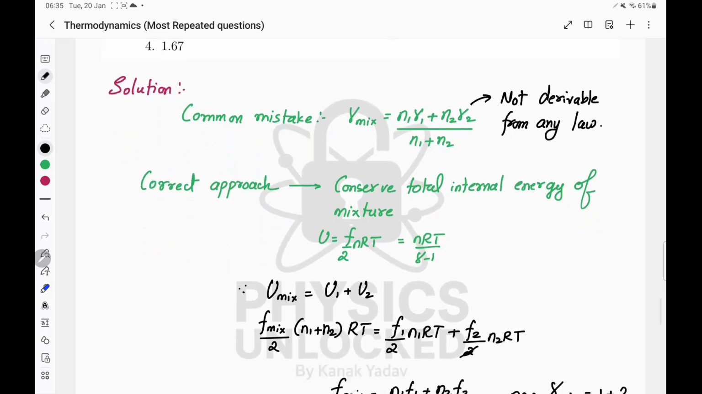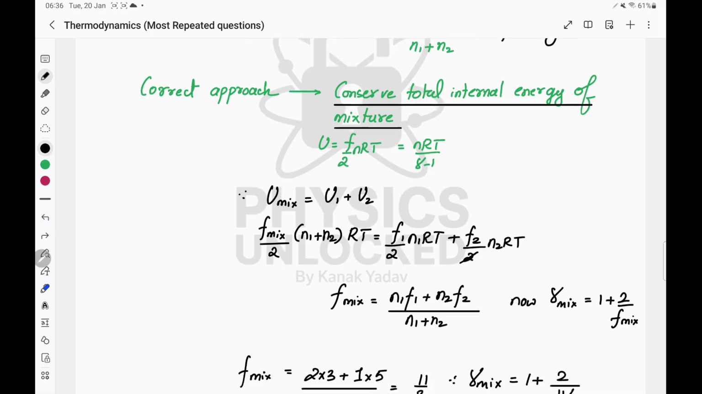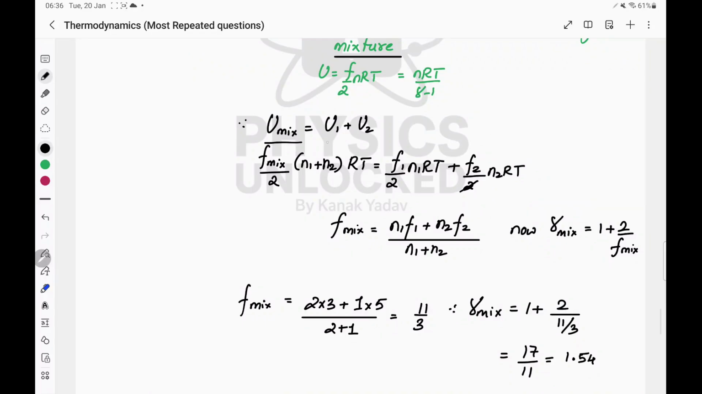The correct approach would be to conserve total energy. So when you conserve total energy, we know the total internal energy of a gas is F by 2 nRT, where F by 2 can also be written as 1 by gamma minus 1. So here I am doing it in terms of degrees of freedom. You can also do it in terms of gamma. So if I write that the total internal energy of the mixture should remain conserved, it should be equal to the initial total energy of the individual gases, then we see that